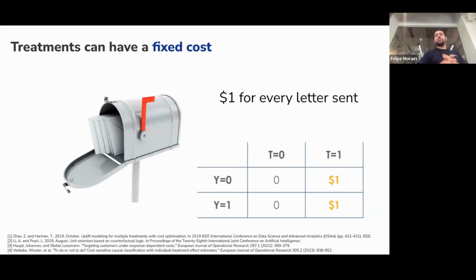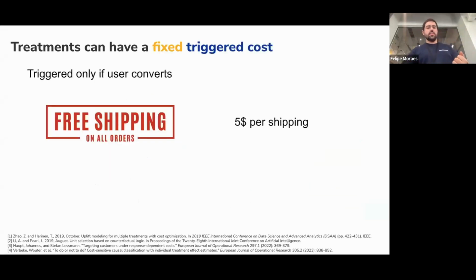If we make a matrix of the outcome of interest, here 0, 1, that people did something, they converted or they responded to it, so they submitted the form, and treatment 0 is the control, treatment 1 is we give them the letter. We have a cost independently of what they do. So we'll always have a cost.